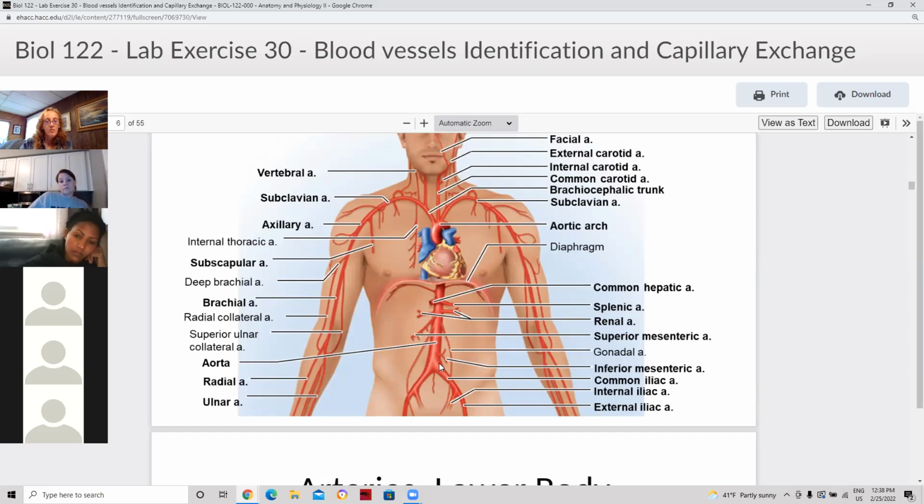As we move down, the abdominal aorta is going to branch into the common iliac artery. When we know it's common, we know it's going to split. If you remember when talking about the bones,